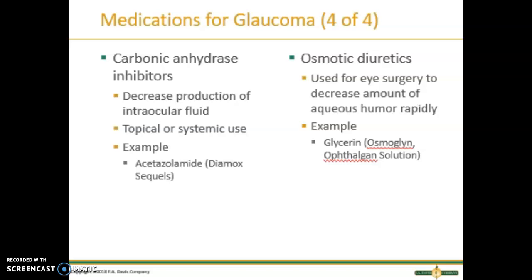They are topical or systemic in use. Acetazolamide is an example of this. And osmotic diuretics are used for eye surgery to decrease the amount of aqueous humor rapidly, and glycerin would be